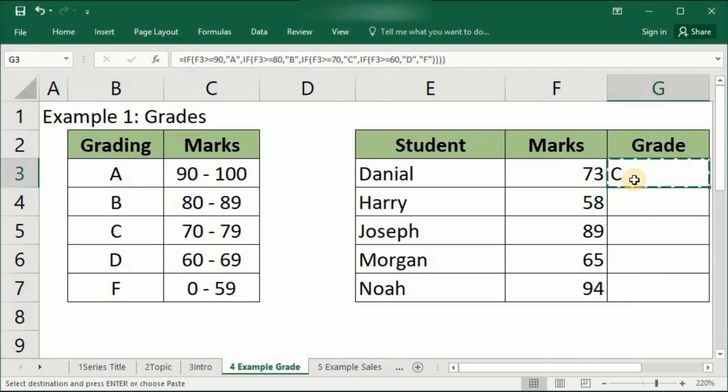Now copy this formula to other cells to assign grades to all students in one go.